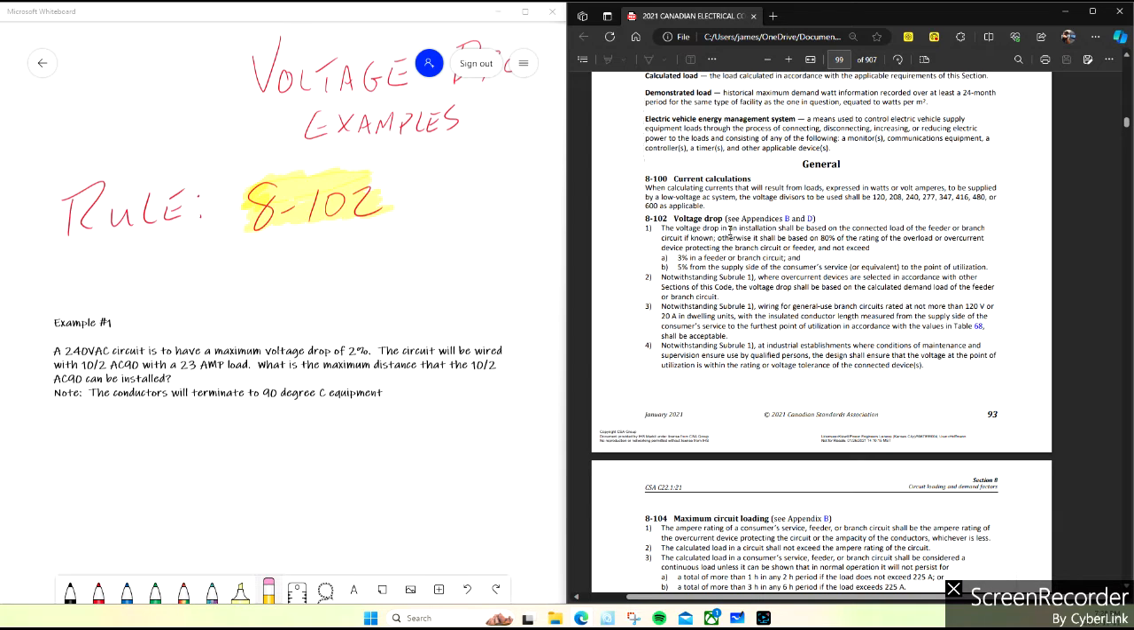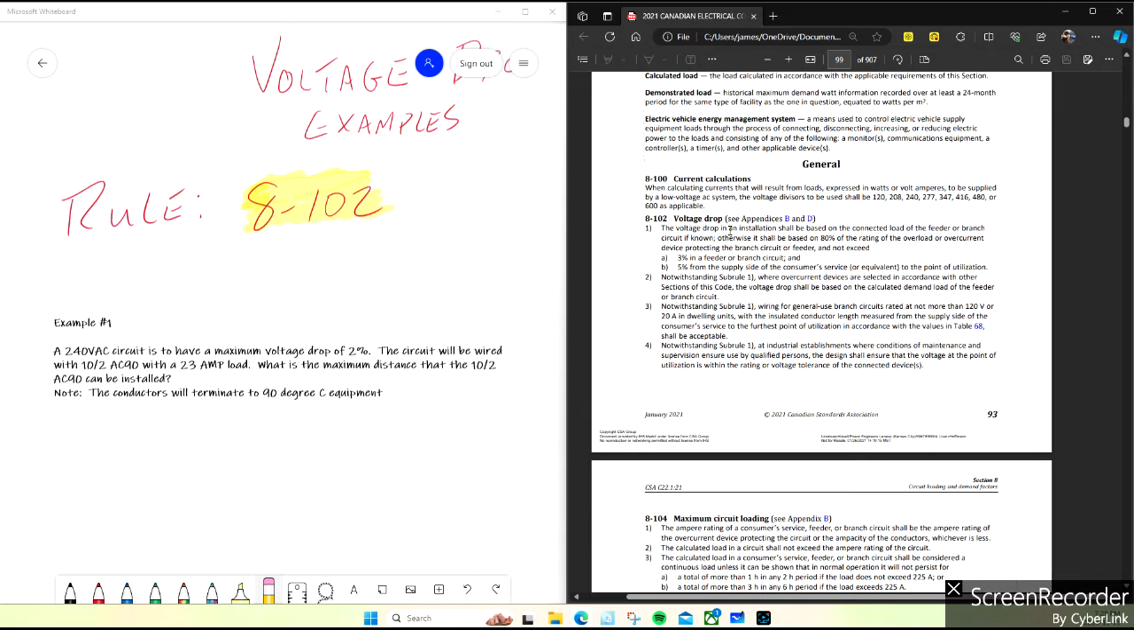I want to also read off sub-rule 3. So notwithstanding sub-rule 1, wiring for general use branch circuits rated at not more than 120 volts or 20 amps in a dwelling unit. And what's a dwelling unit? Well, you'll have to go look that up in definitions, Section 0 of the Canadian Electrical Code. But when you have a circuit that is no more than 120 volt or 20 amp in a dwelling unit, with the insulated conductor length measured from the supply side of the consumer service to the furthest point of utilization,